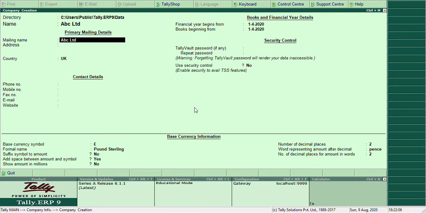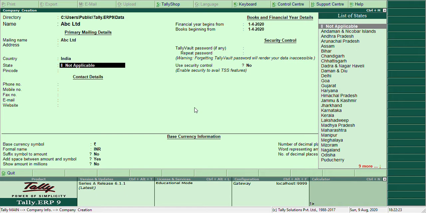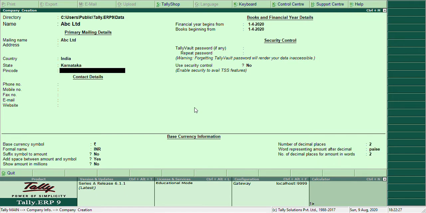Enter mailing name. You can accept the same address. You can give any address or your personal address. I'll leave these fields. Country I'll select India, state Karnataka, pin code.